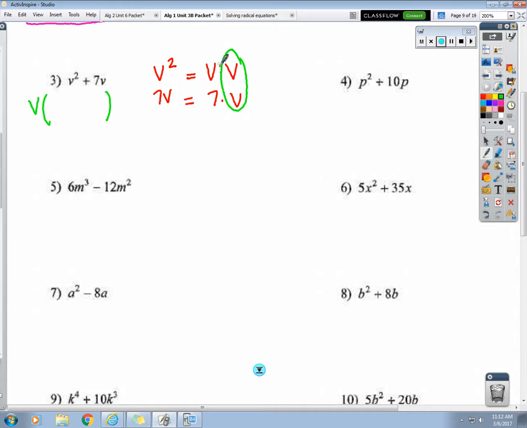Now on the top row, v was not circled. On the bottom row, 7 was not circled, and plus just comes down. And then that's your answer. Now let's check the answer. What's v times v? And what's v times 7? So it's right. See how it's just undistributing basically? Alright, number